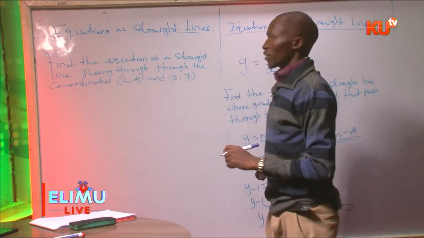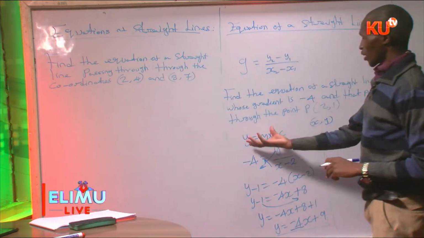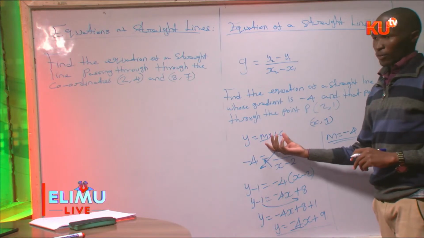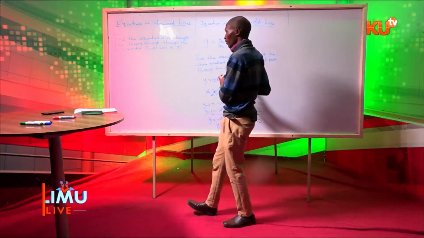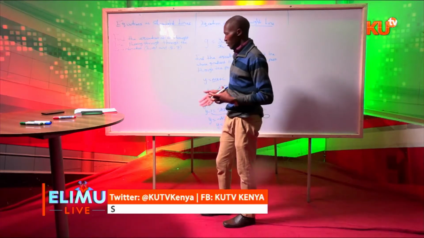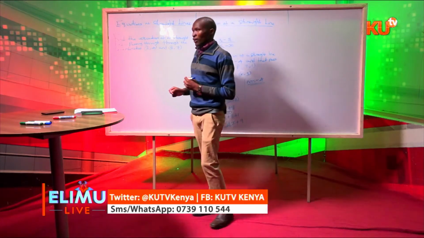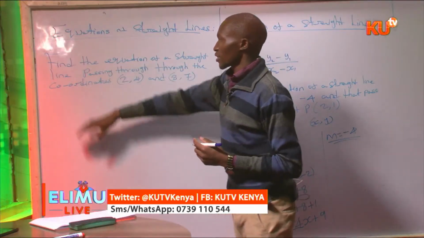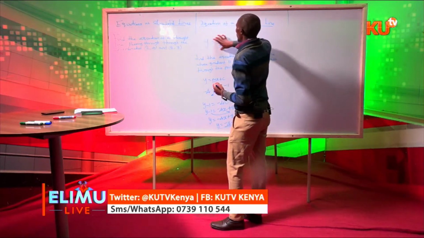2, 4, and 8, 7. So this equation, we'll give it in the form of y equals mx plus c, where y will remain on one side, while all the other values, the x's and the constants, are on the right-hand side. Okay. Now, to form the equation of a straight line, as you have seen, we will require this simple equation,